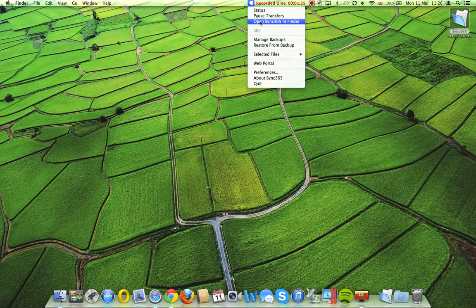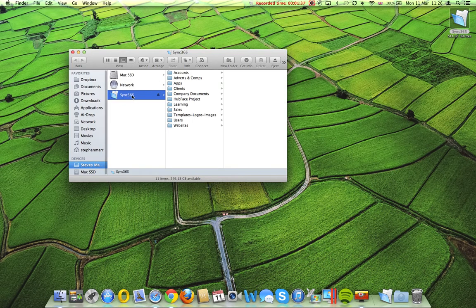We can open the Sync365 folder, and as you can see, it acts as a volume on a Mac. If you're a Windows user, that will be like a drive. So it's just like having a virtual drive and a virtual volume on your PC, and virtual volume on your Mac. And these are all my folders,